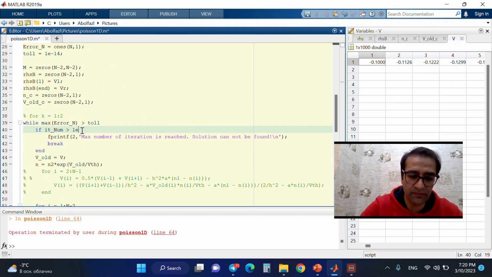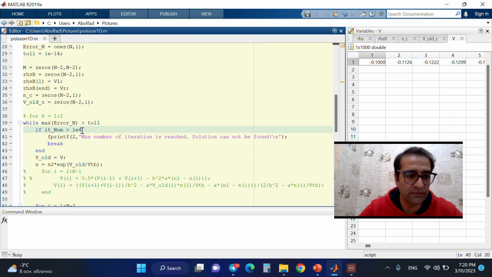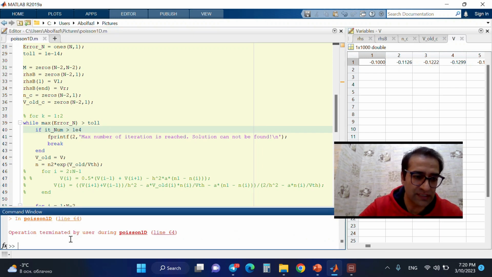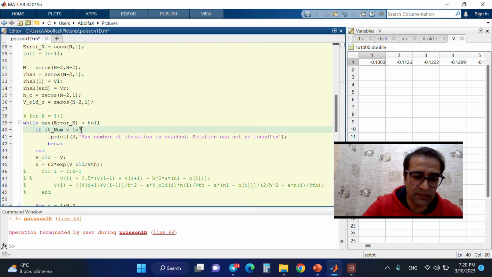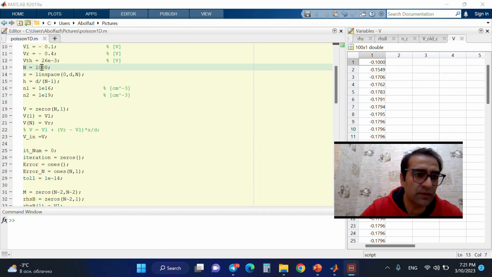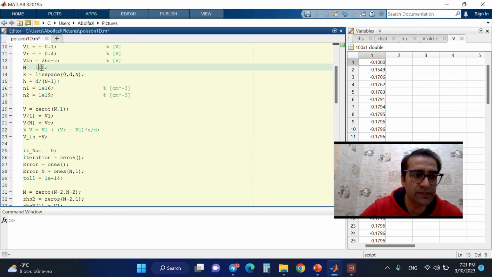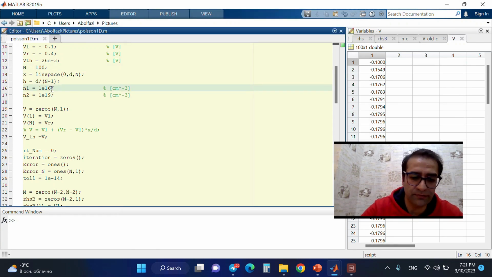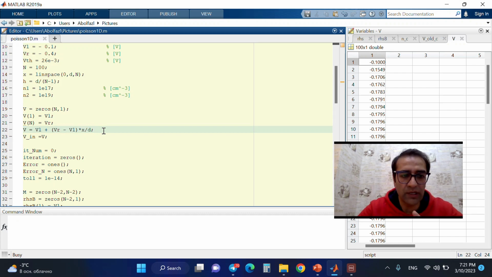Let me decrease this one to V1, E4, F5. Still calculating. Okay, Control C. 1E3. I just restricted the maximum number to 1000. But because the number of grids is very high, I reduced the number of grids from 1000 to 100. Press F5. Okay, and you see that when N1 is 1E17, Control T, we do not have any